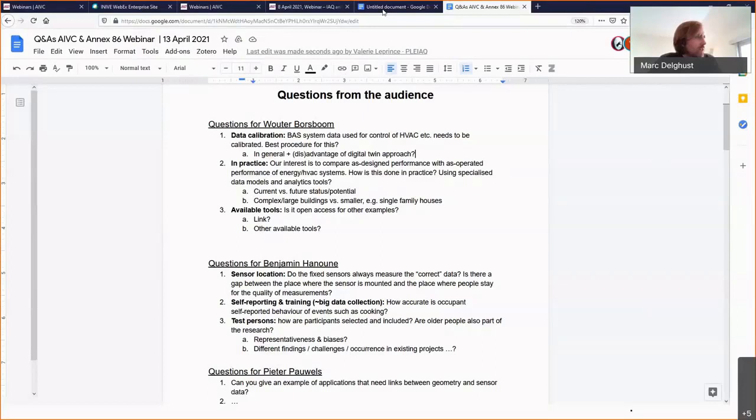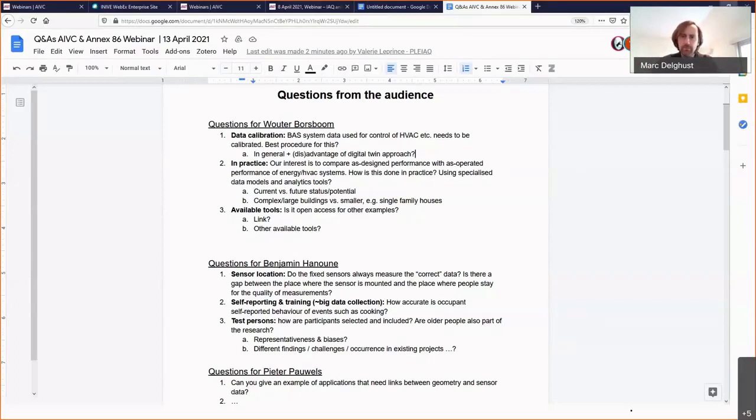We are short of time, so I don't think we can go through all the questions, but maybe the second, because it's related, but in a certain brief way. So you presented how you can use this combination of digital twin actually to compare what is designed with operated values. The person asked, how is it done in practice? What you've shown is research work. So maybe translating the question, in practice, do you see that, like, is it future work? Do you see it already feasible on the short term, or do you think only, for example, for complex cases and not, for example, for small residential buildings? How do you see the complete implementation of